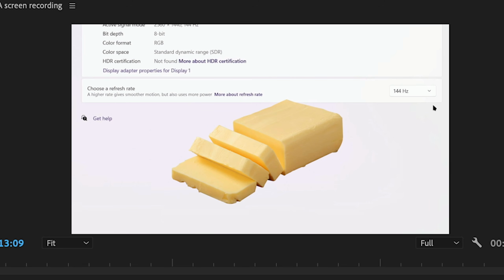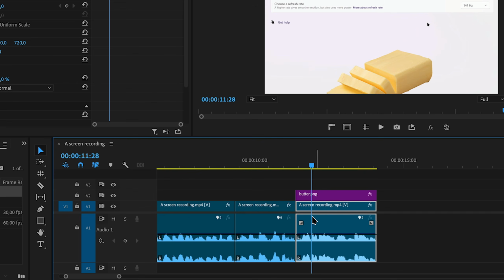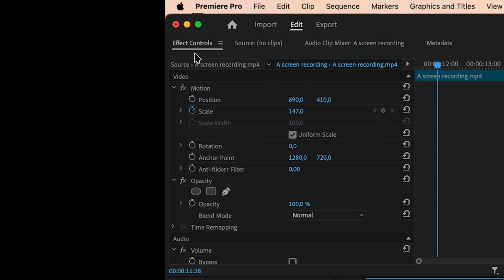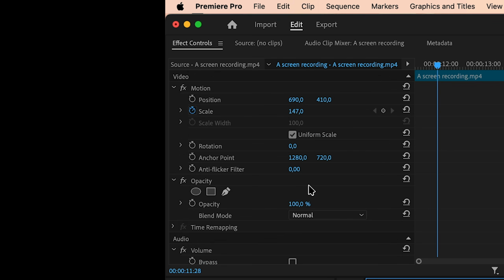Now, one more thing that I might want to do is, as the butter is coming up on the screen, I might want to blur the background to move the focus onto the butter. So let's try to do that. Let's come to the beginning of this clip, and as the butter is coming over, here I want to start blurring this clip. But inside of Effect Controls, you'll notice that there is no option for blur,